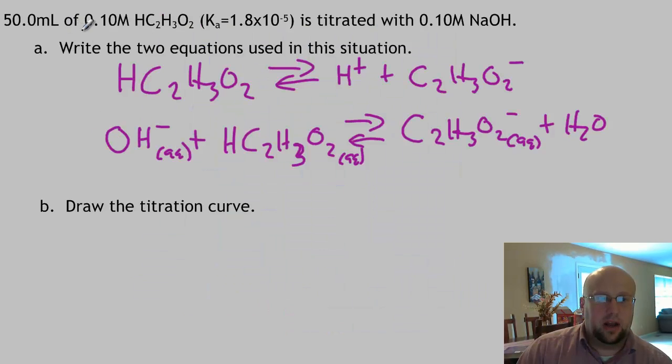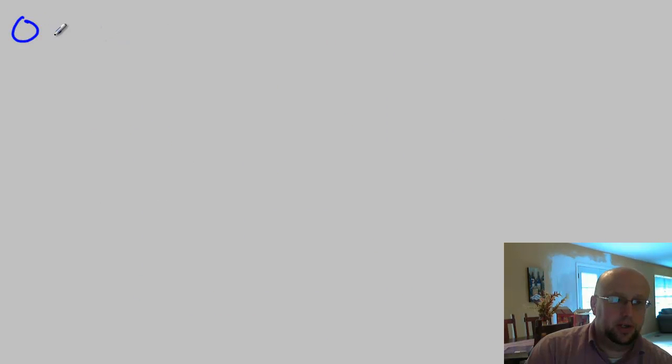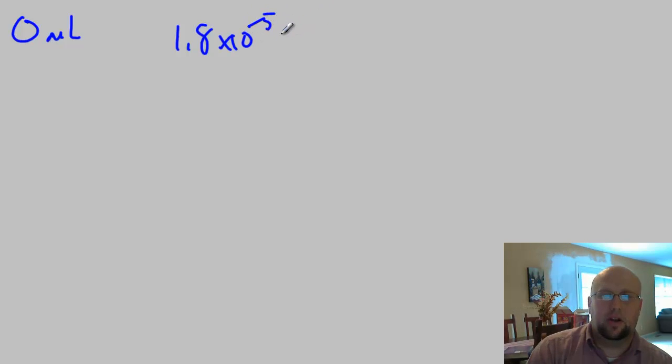And I see that I've got 50 milliliters of a 0.1 molar acetic acid, and then I've got a Ka value. At the beginning, when we've added 0 milliliters, that means I've just got the acid, so I'm just worried about that first equation. For our math at 0 milliliters of sodium hydroxide, I've got a Ka value of 1.8 times 10 to the negative fifth. Never get those negatives right on here. Okay, is equal to my H plus value